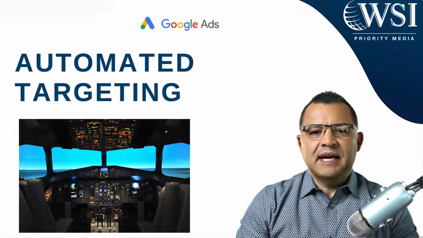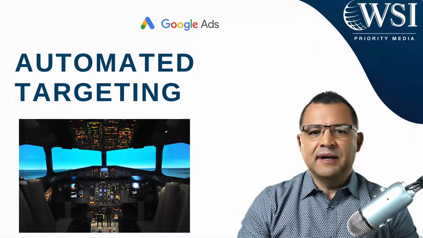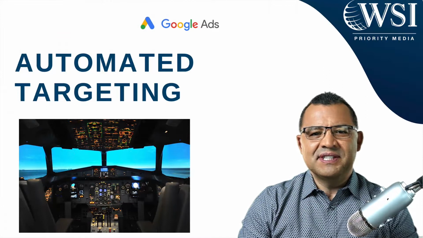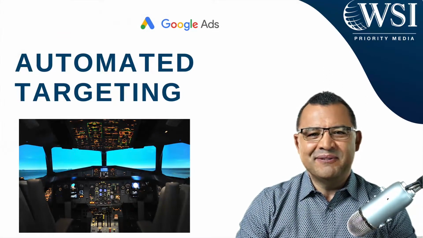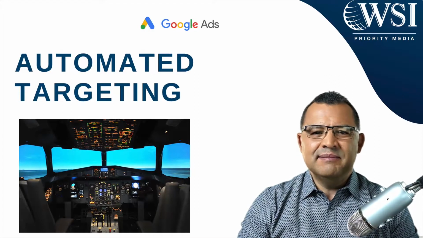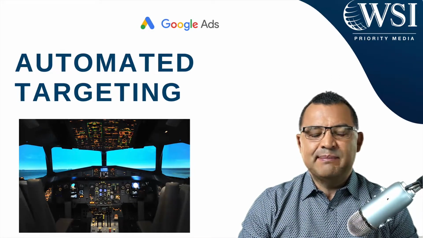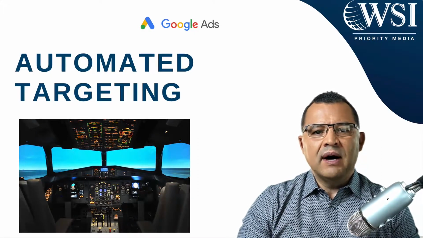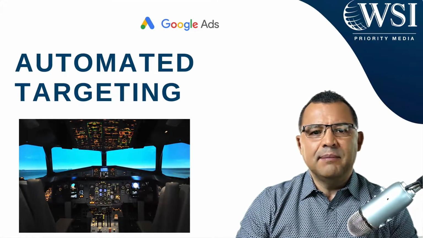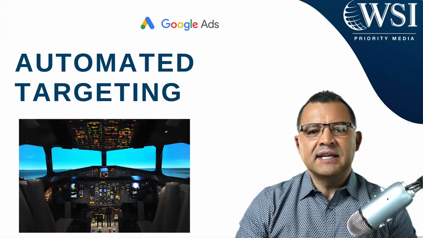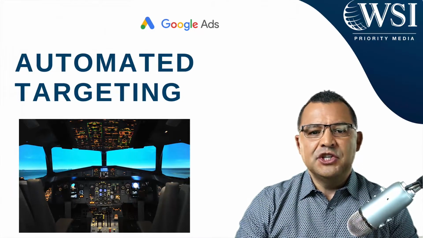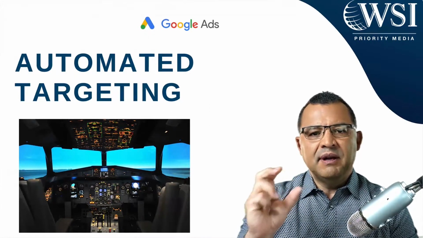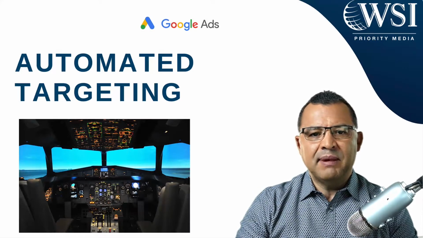And so if this is your first time learning about Google Ads automatic targeting, don't worry, you're not alone. A lot of people feel that finding some of the Google automated features is like finding a button on a cockpit, like the one that you see over here to the side. Not only can it sometimes be frustrating, but this feature can also be expensive and it can compromise the quality of your conversions. So that's why I'm going to walk you through how to avoid the feature when setting up a new campaign, as well as how to double check the settings on your display campaign so that you ensure that this automated targeting Google Ads feature is disabled if you want to have a little bit of a tighter control on the direction of your campaign.